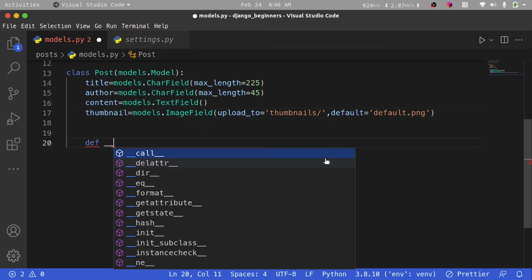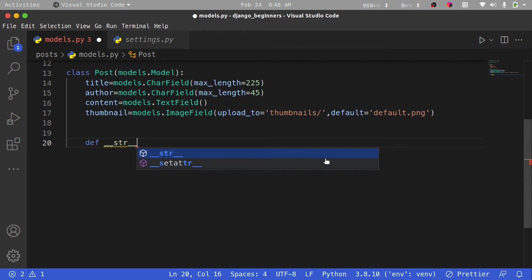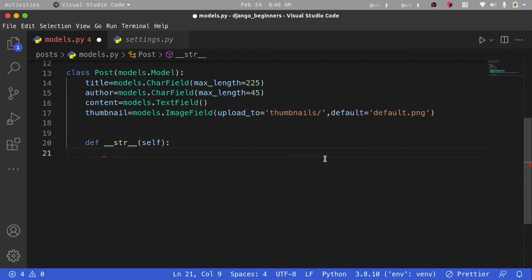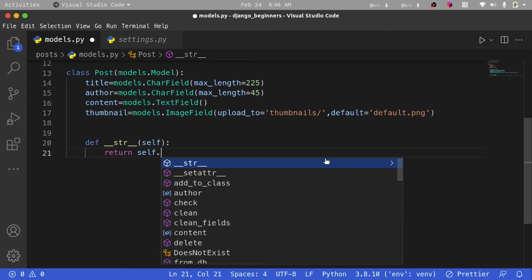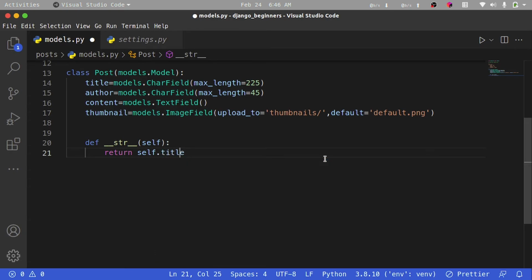So this method is going to be the string or __str__ method, and it will take self because it's going to run on every object that we shall be creating. Now this is responsible for generating a string representation of our object. So I'll do return, and then what I'll do is just return self.title, or actually what I'll do is